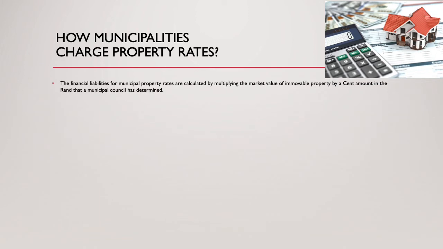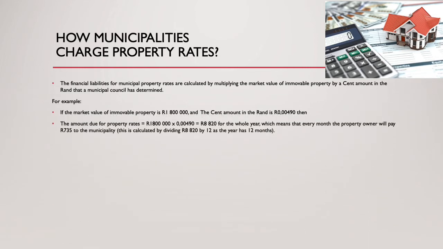The financial liabilities for municipal property rates are calculated by multiplying the market value of the immovable property by a set amount in the rand that the municipal council has determined. Let's give an example. If the market value of the property is worth 1,800,000 and the set amount in the rand as determined by a local municipality is 49 cents, then the amount